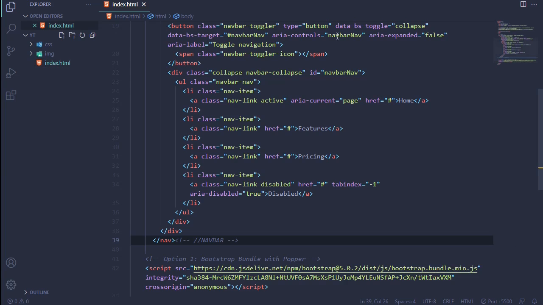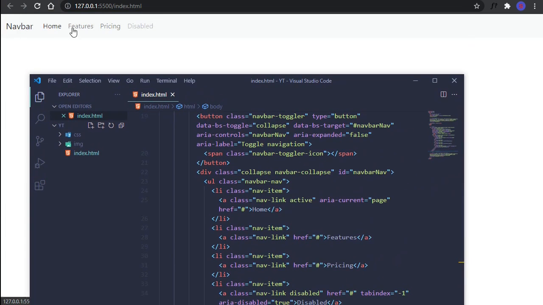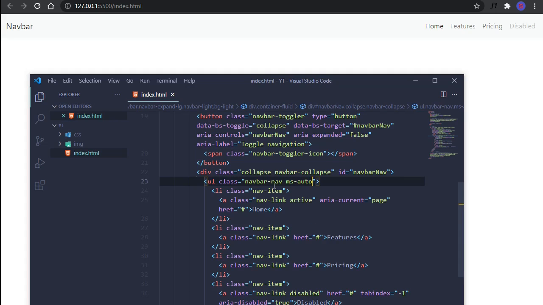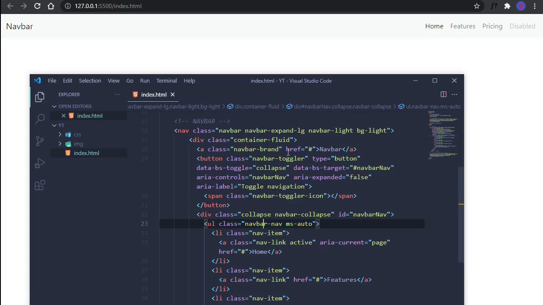Okay, so what I want to do, I want to push these nav links to the right side. So for that, I'm gonna add a class of ms-auto (margin start auto). So these nav links are on the right side, and I'm going to remove this fluid. I'm gonna save it. So I need some space from the left side, as you can see, and then